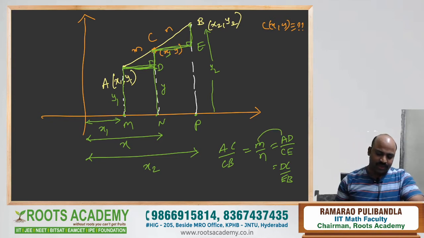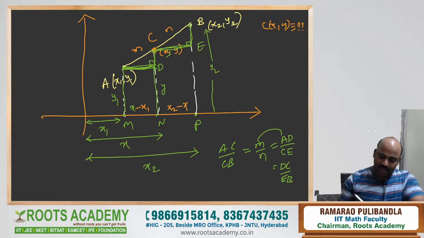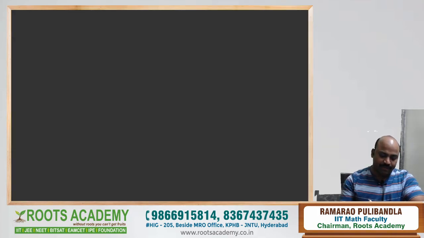I'll take the first two. What is AD? AD distance is nothing but this distance. This is nothing but x minus x1. What is CE? CE means this gap. This gap is nothing but till here x2 and this is x, so it is x2 minus x. Therefore, my m by n I am getting as (x minus x1) by (x2 minus x). So if I simplify completely,